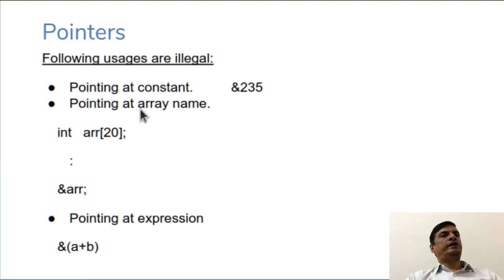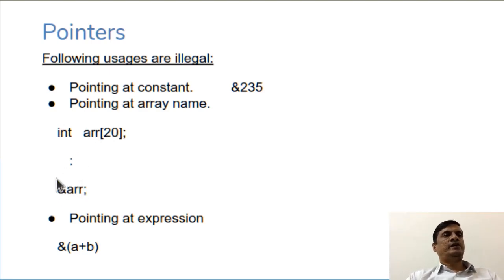The other illegal way to use the pointer variable is, say, int arr of 20. arr is a named entity, a variable of the type array, because it has square braces and a 20, and all the 20 elements will be of the type integer. When I write ampersand of arr, it is illegal.